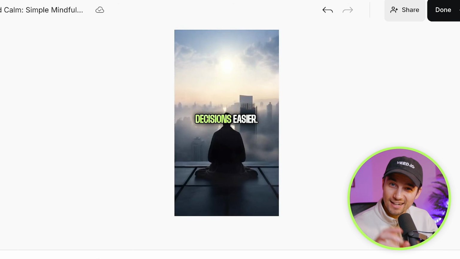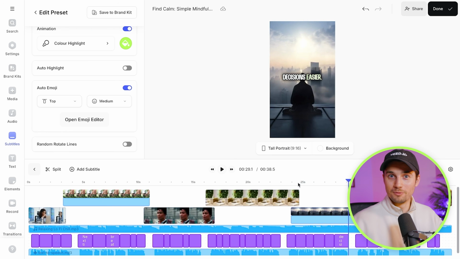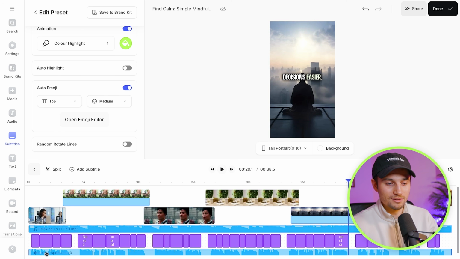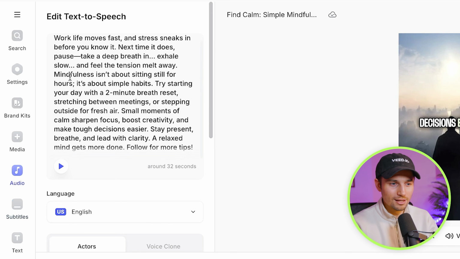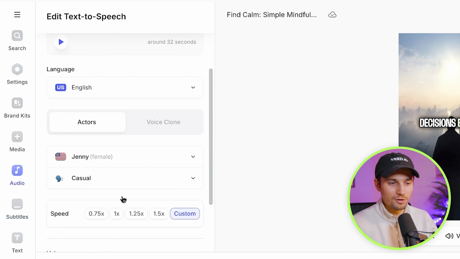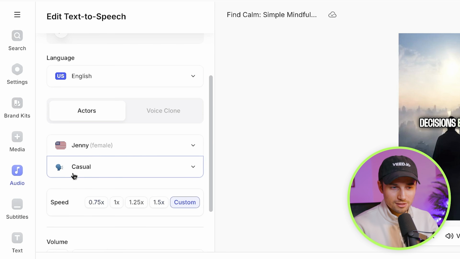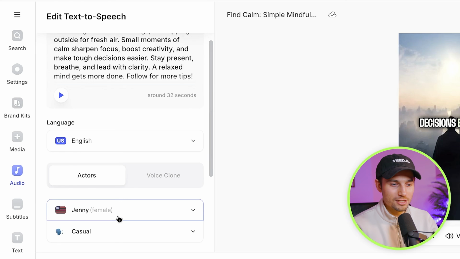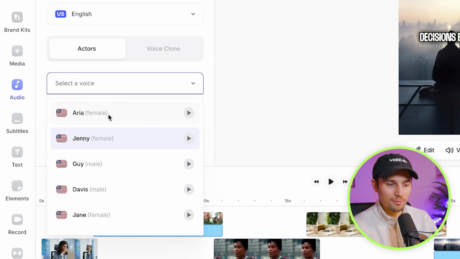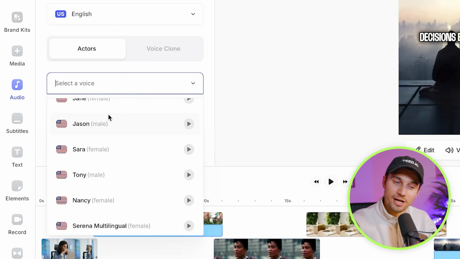Again, you can change everything in this video. Everything is made from building blocks. So in case you want to change the music, the video, the subtitles, even the narration, you can completely do that. For instance, if we head over to the text-to-speech audio track, you can see the script here. And if we scroll down, you can see everything that we've selected. So Jenny and the casual option. But let's say you want to change the actor or the AI voice. You can simply click on her name here and select another voice and regenerate it.